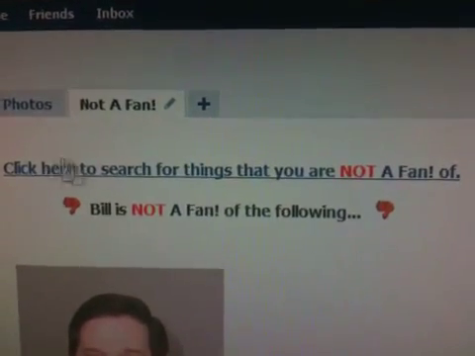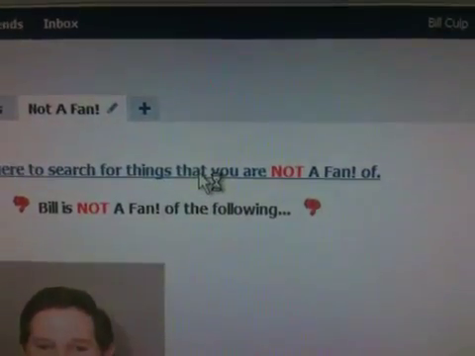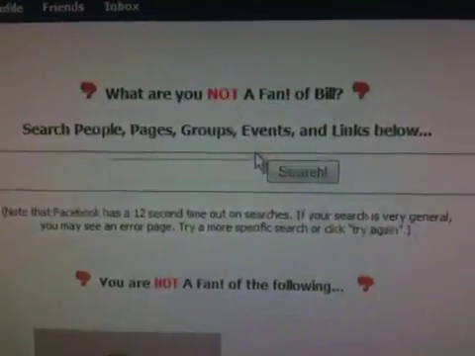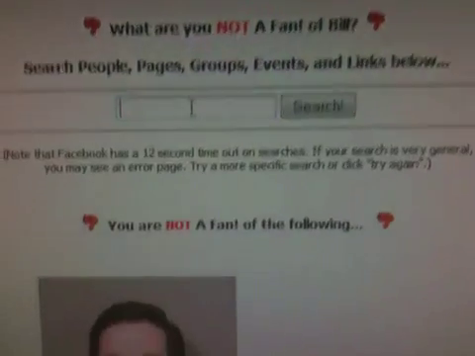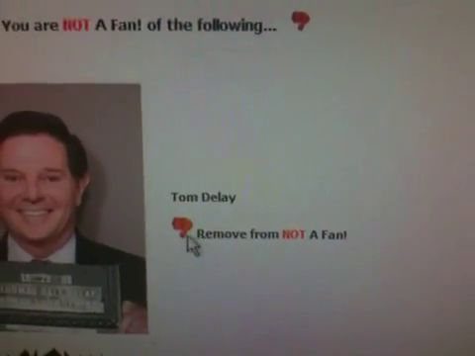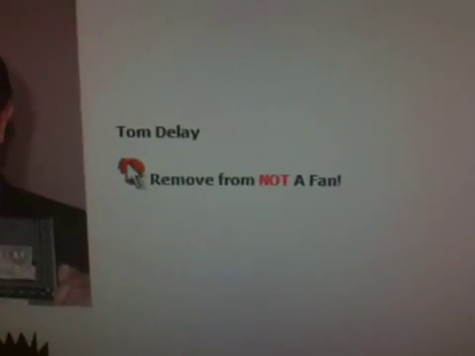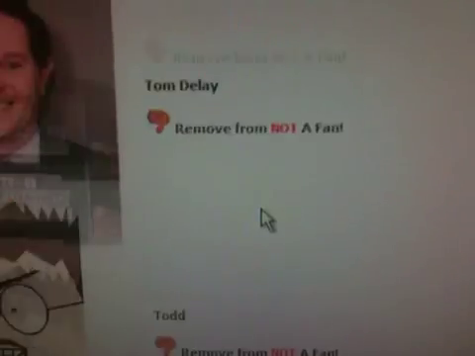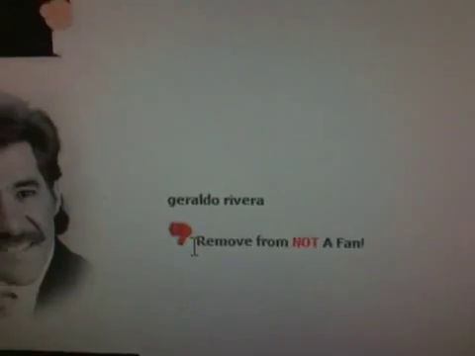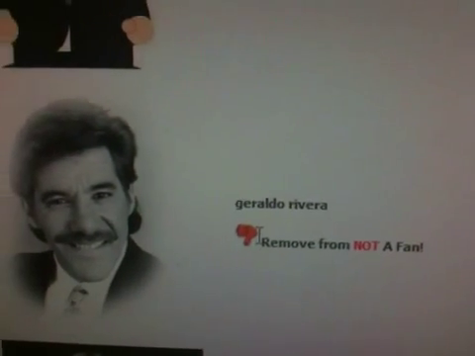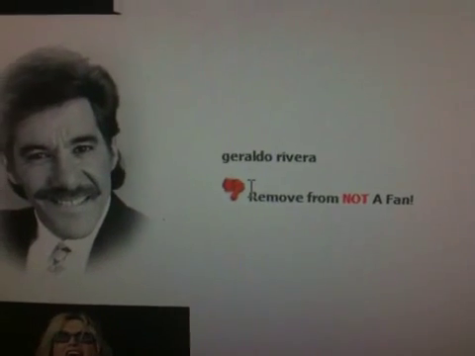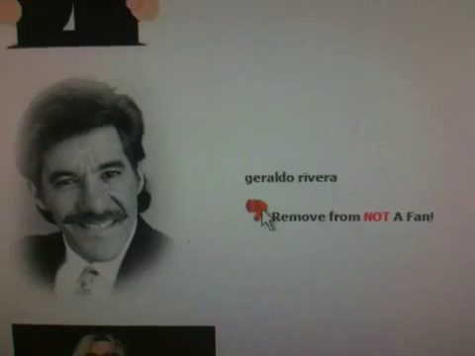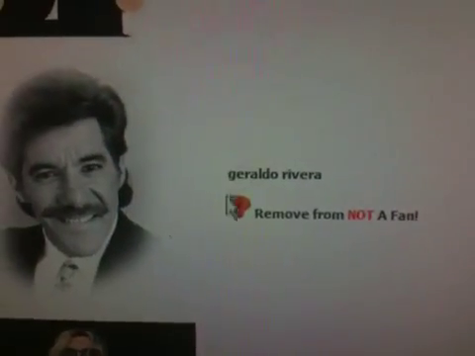And I know it says click here to search, but it's more than just search, because once you actually click on this link, you can search to add new things you're not a fan of, or it will show you the list below, and then you have an option to remove by clicking on the little thumb anything from your not a fan list that maybe you've just decided, okay, maybe I'm not a fan, but I don't want to not be a fan. So you can remove like Geraldo Rivera here, who I'm totally not a fan of, but just for demonstration, actually,